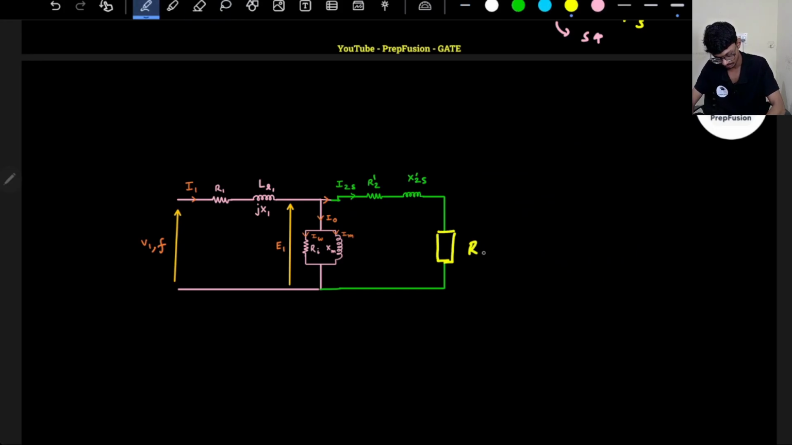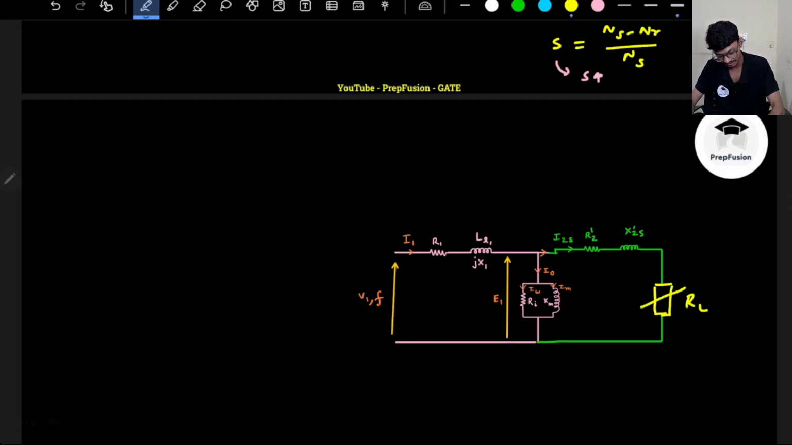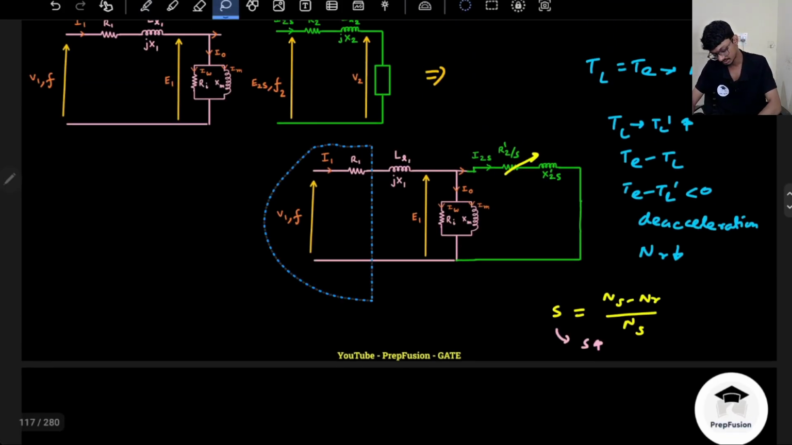Let's write here RL, okay? Now can I equivalently convert to this circuit? And my load is varying. This will be a better approach. So what I will do, I'll copy this circuit,